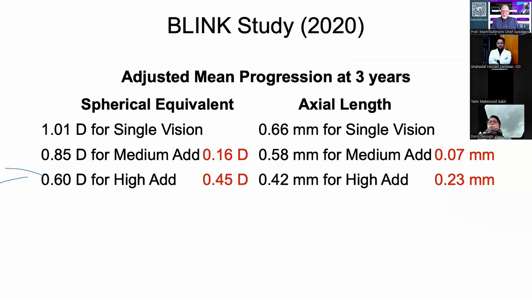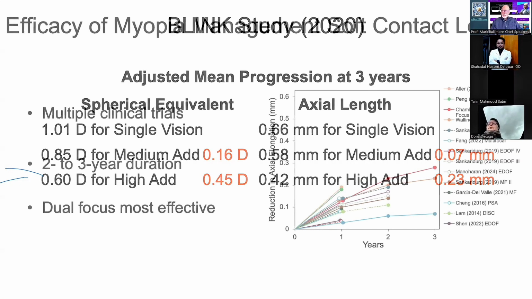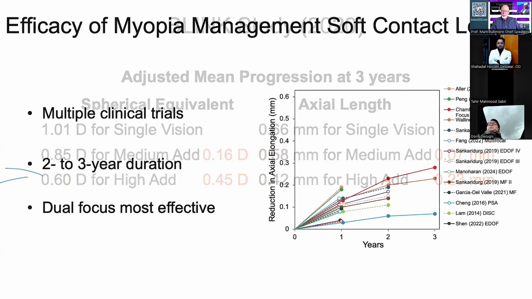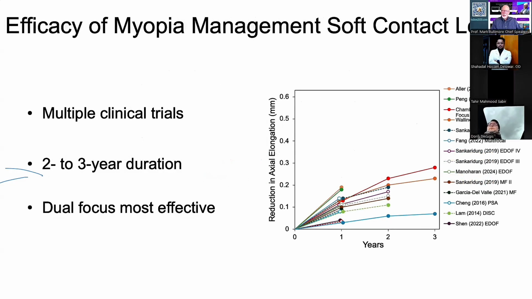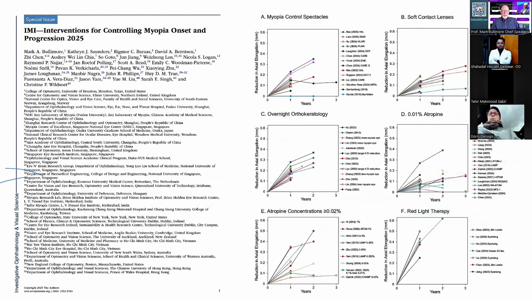So if you're going to use a center distance multifocal, then obviously go for the high add. And again, these are data from both those two studies. You can see the red and the orange lines at the top are from the two studies I presented, and the blue line at the bottom is for the medium power add. Those are the only studies with 3 years of data in a randomized clinical trial. But you can see a range of efficacy. So again, I encourage you to go back and take a look at these data here.